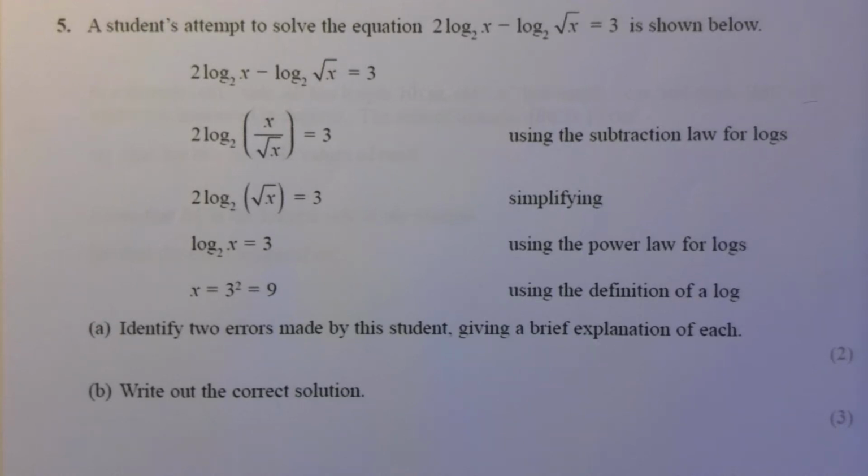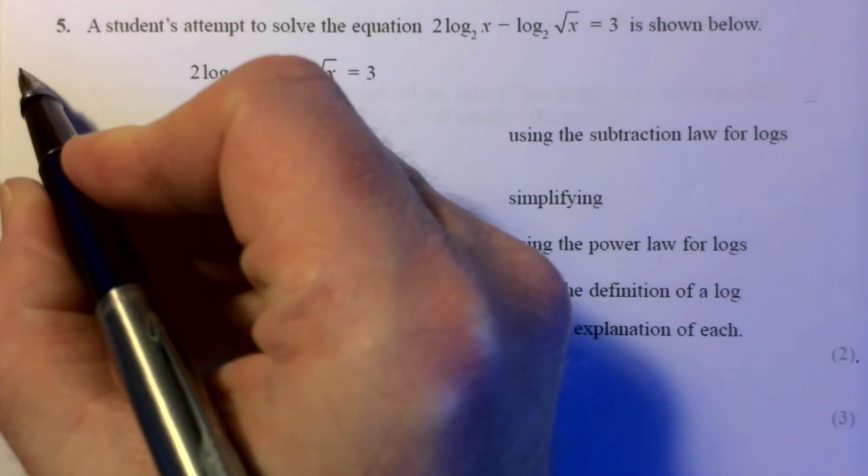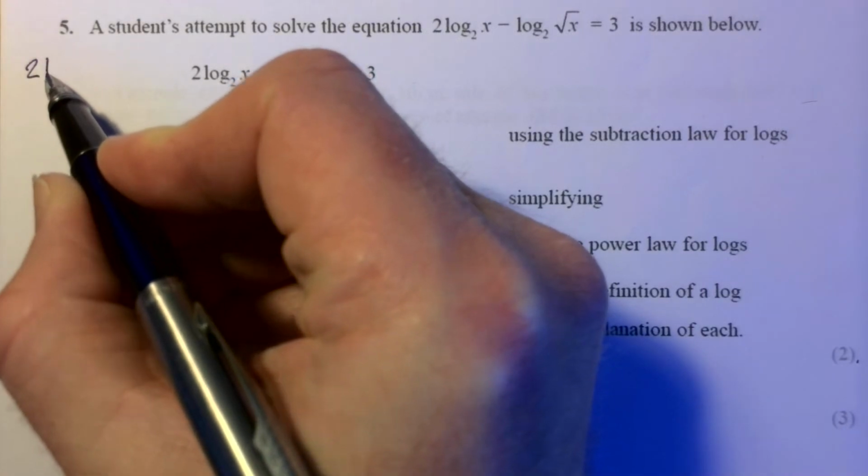Right, they love these questions where they ask you to identify errors. If you notice that you get 2 marks for the errors and 3 marks for the correct solution, well, I find the easiest way to find the errors, rather than just staring at it and trying to work out what's going on, is to just do it the way I would do it myself. So just down the left here, I'm going to write out the same thing again, but the first thing I notice about this is that